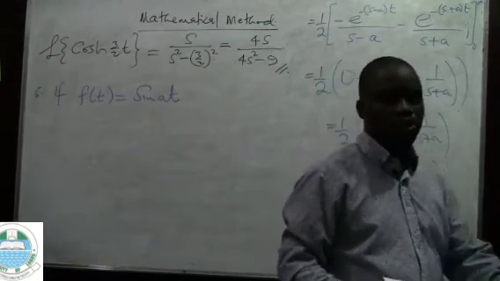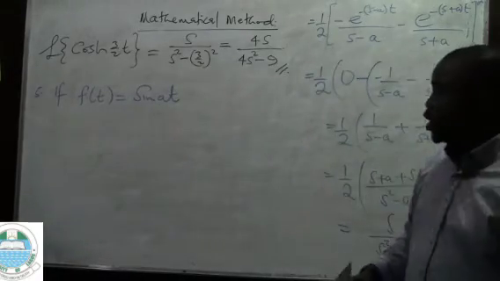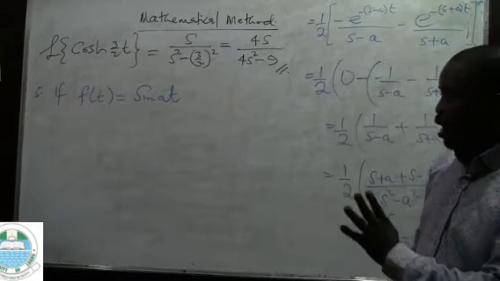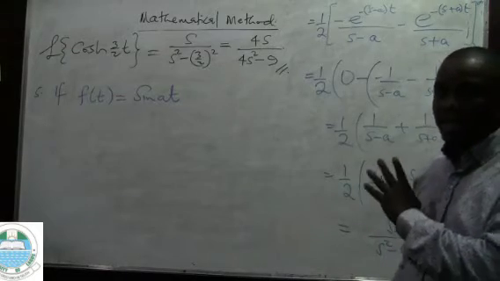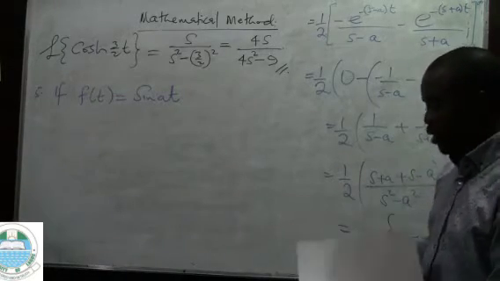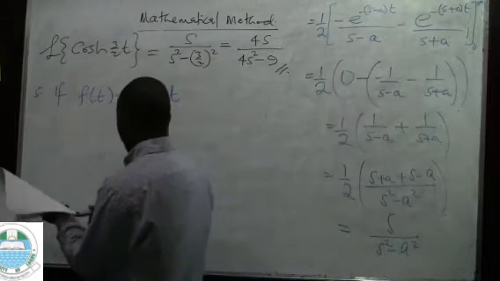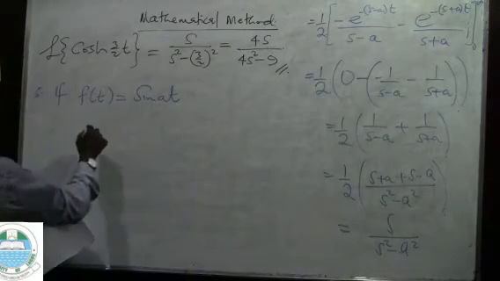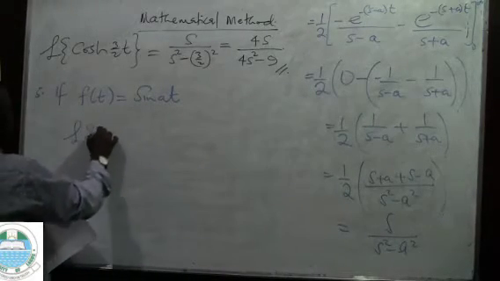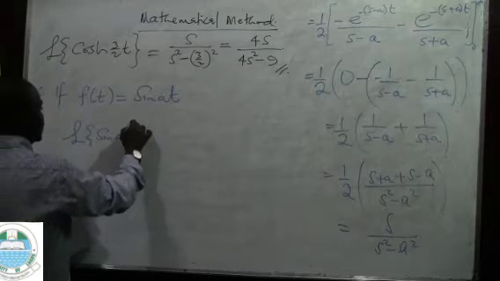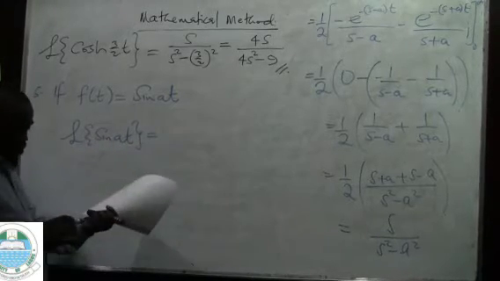So how do we approach this? There are 2 ways of approaching this. However, I will only consider one as far as this class is concerned. So Laplace of sine at gives,